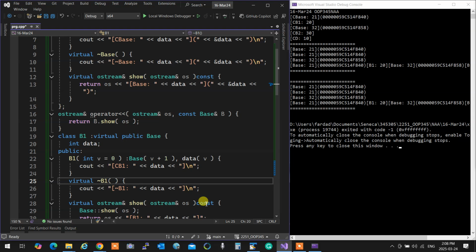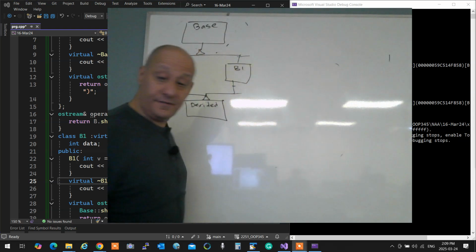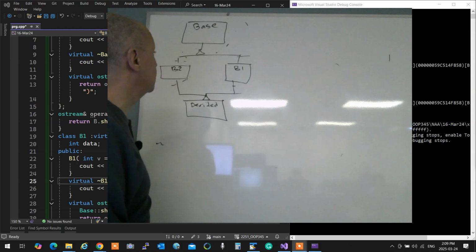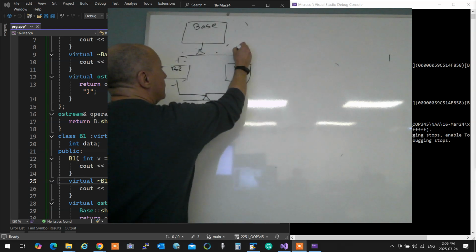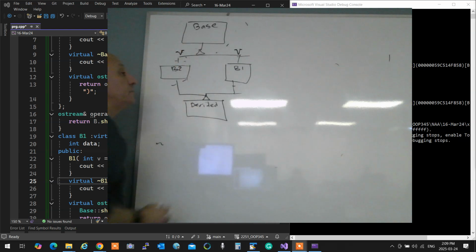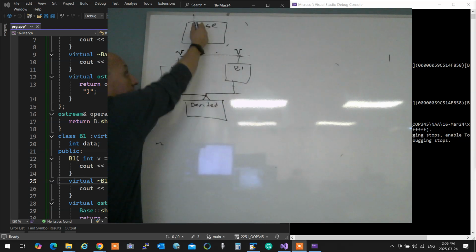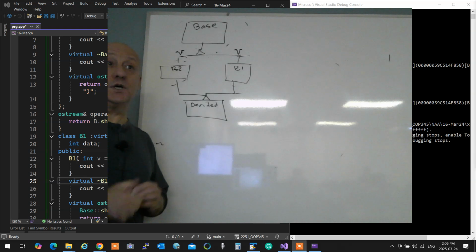Two things happen when you inherit something virtually. Number one: if you have several siblings that are virtually inheriting the base, and by several siblings, this is what I mean. If this inheritance was done virtually, and this inheritance is done virtually, all of them, not just one of them.